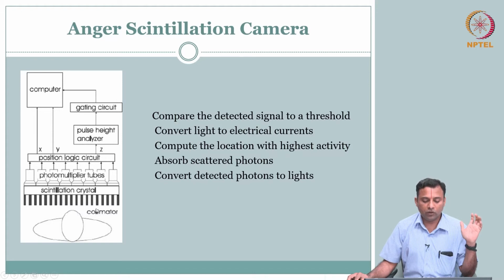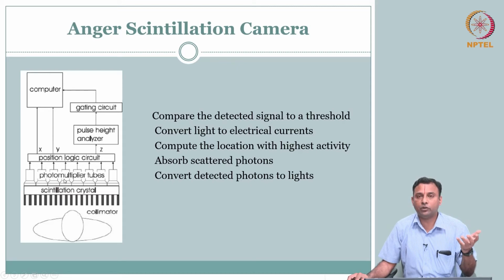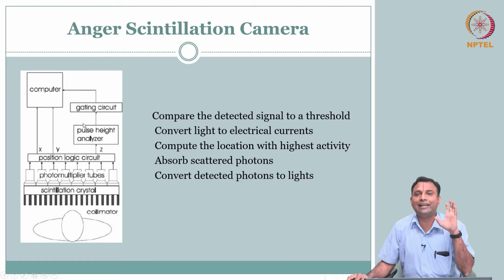Okay. So, the collimator gets in scintillation crystal, you have your conversion from gamma rays to light photons, then the light photons have to be converted to electrical quantity and it starts to multiply. So, you have your photomultiplier tubes, and then out from the photomultiplier tube you have to say position x and y, where is it coming from in x and y, right, and what is the z, is your amount of energy that is coming, okay, for that scintillation.